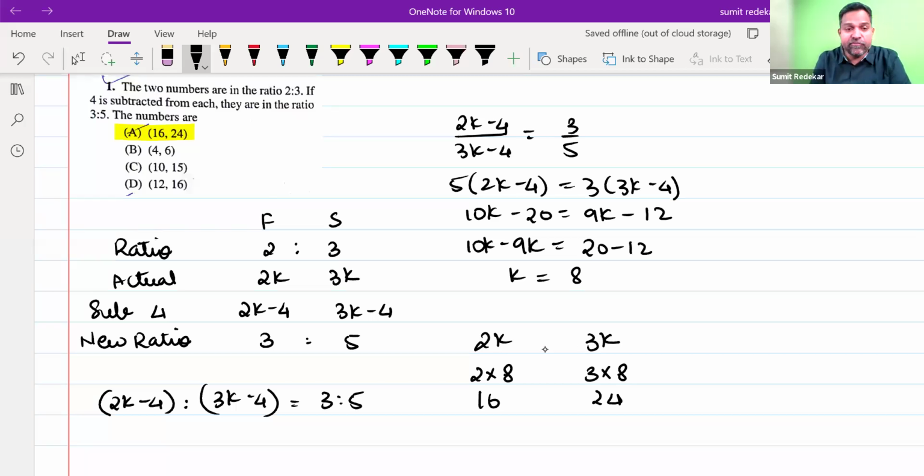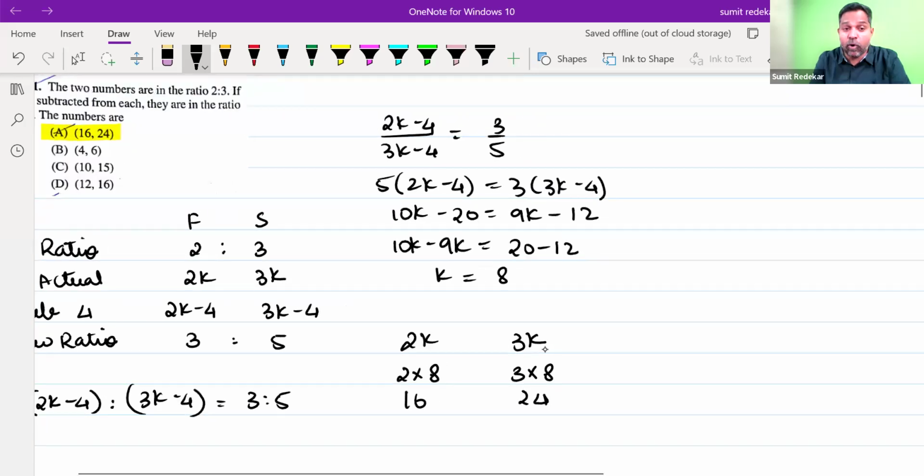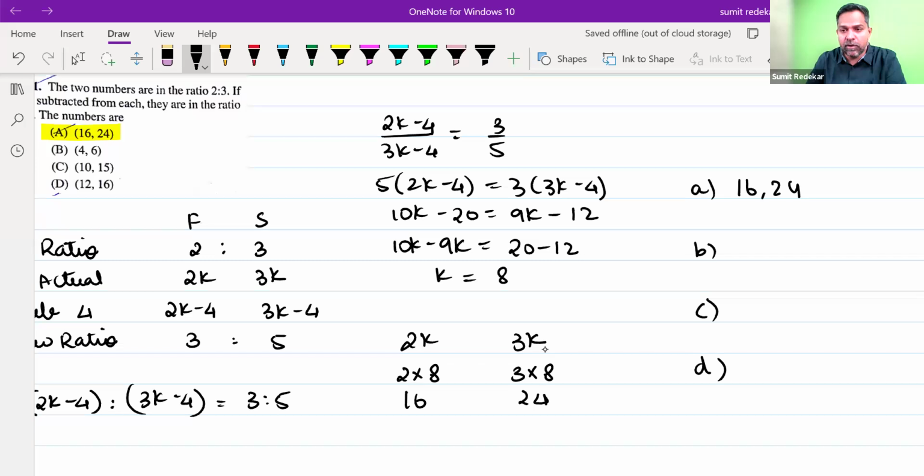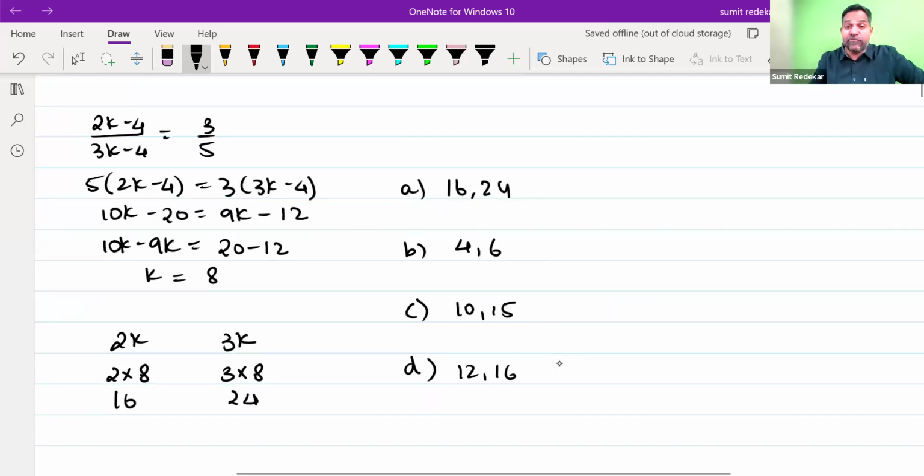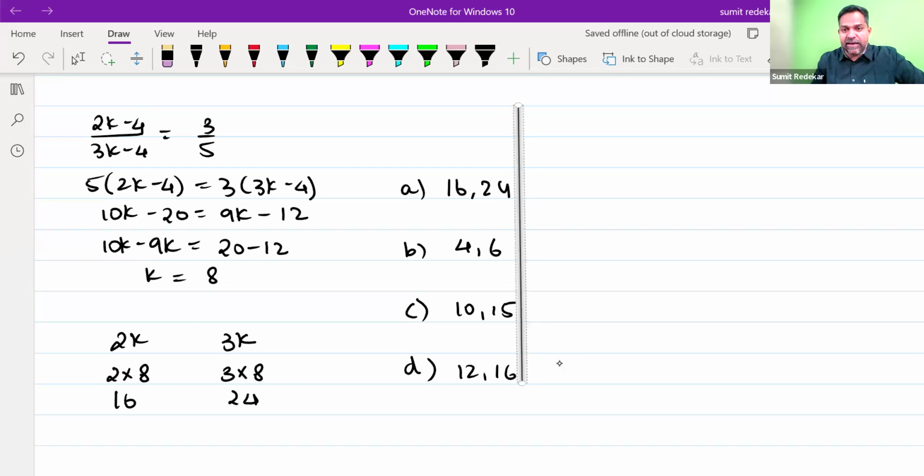Now, remember, in every attempt they were making sure that option evaluation is not possible. Well, here in this attempt, they made it easier for you because option evaluation was also possible. What you could do is pick up the 4 options and then evaluate them: 16 and 24, 4 and 6, 10 and 15, 12 and 16. Let's go back. Two numbers that are in the ratio of 2:3. So the first check that I am going to do is to check if they are in the ratio of